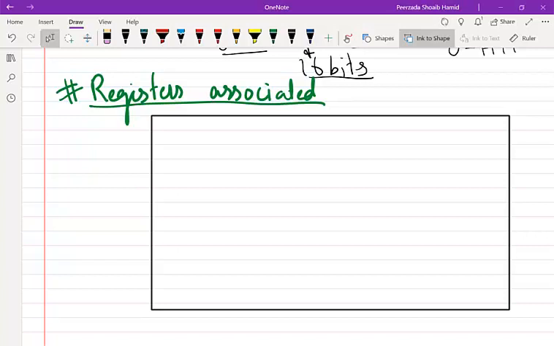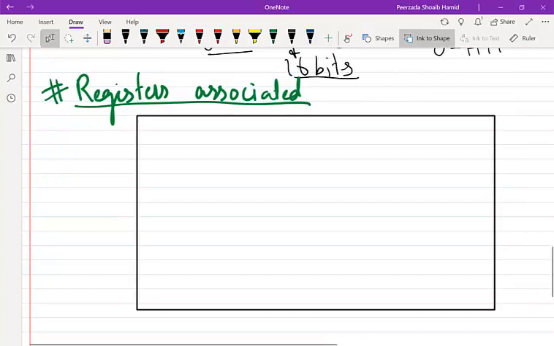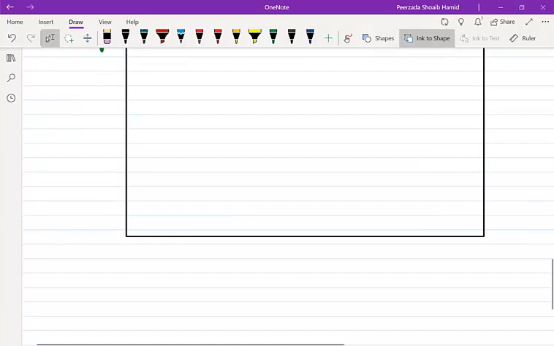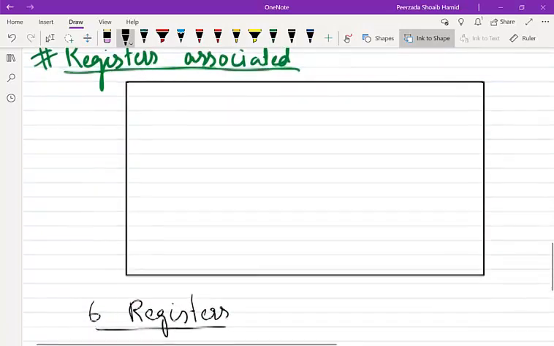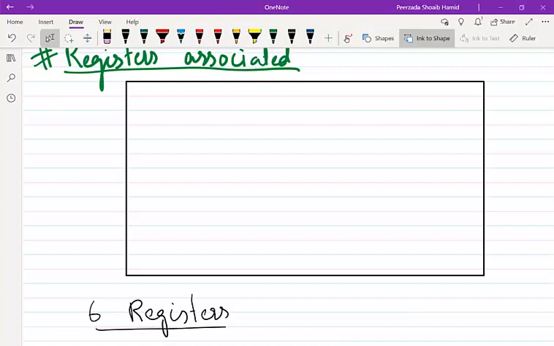Usually, in fact, for all these timers, we have 6 registers associated with each of these timers. What's the job of these 6 registers? First of all, we have a counter register that we call timer counter, and the short form is